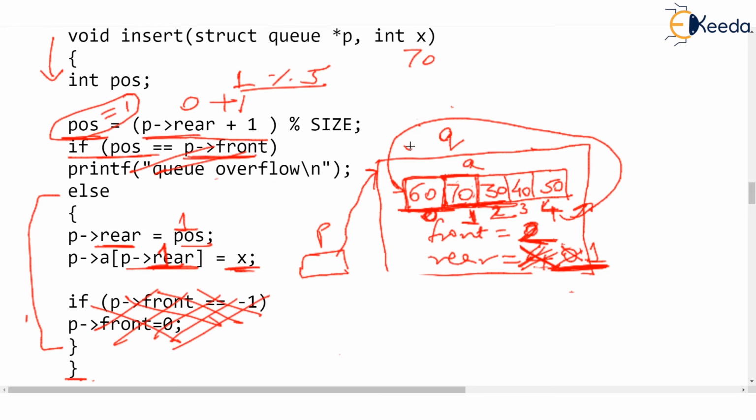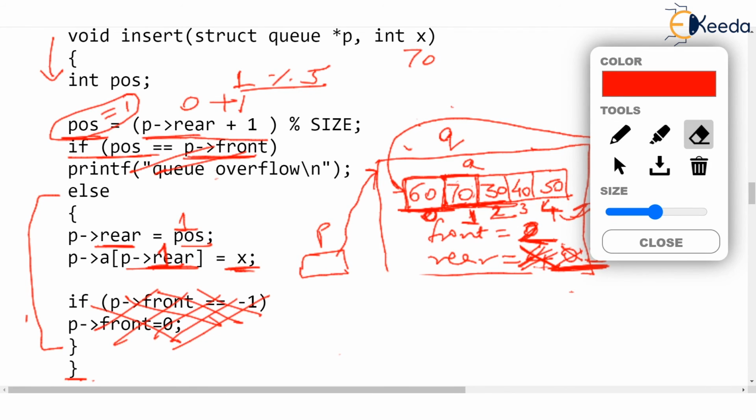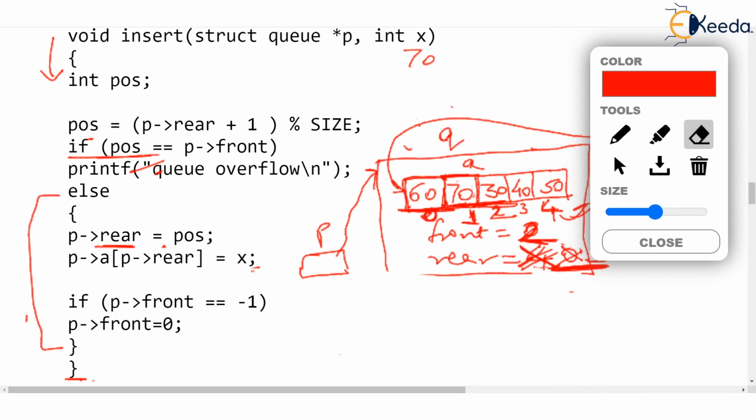Finally, you tell me, I hope you are holding a lot of patience, but I hope you found this very interesting also. And you just tell me, finally, what will happen if you try to insert one more element in this queue? What will happen? As you are seeing in the picture, the queue is really full, isn't it? You can see all the array elements are packed now. So overflow should be declared. And how will it be declared? What if you are inserting 80 in this queue?